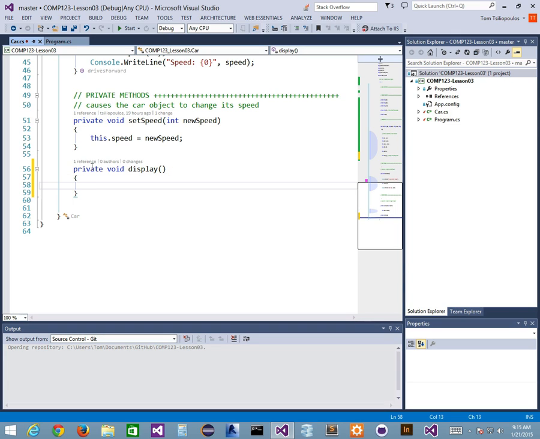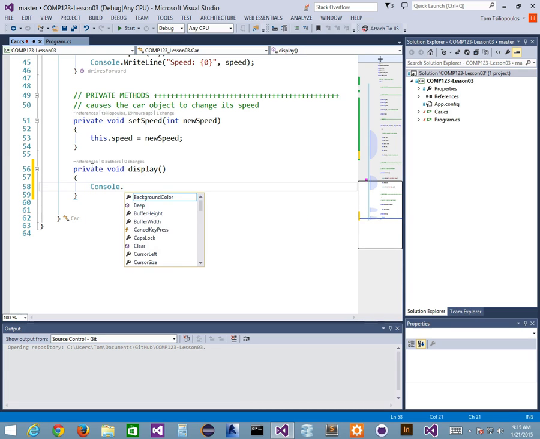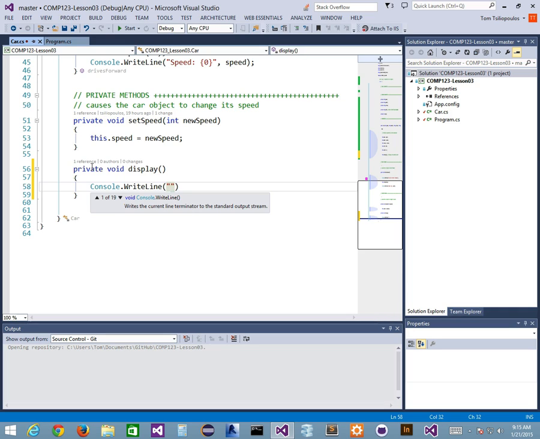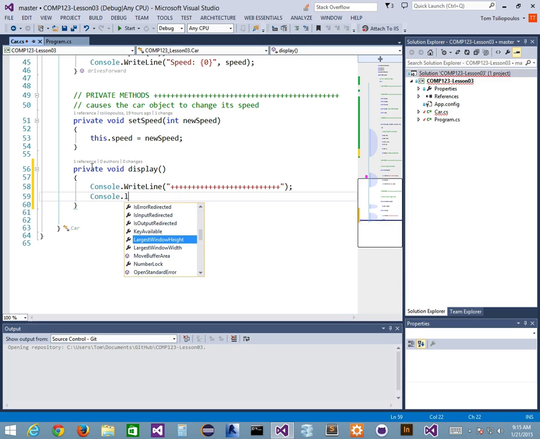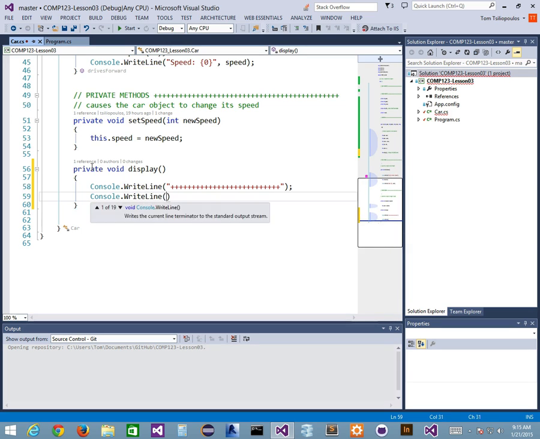And inside there, what do I need to do? Well, I'm going to do some console logs. So I'm going to say Console.WriteLine. And maybe what we want to do is start typing out this thing. So let's add just some separators. So this is my first, I'll create a separator. And then Console.WriteLine, I'm just making this up, guys. You can make yours look whatever you like. Console.WriteLine, and then the next piece will be model, and I'll use